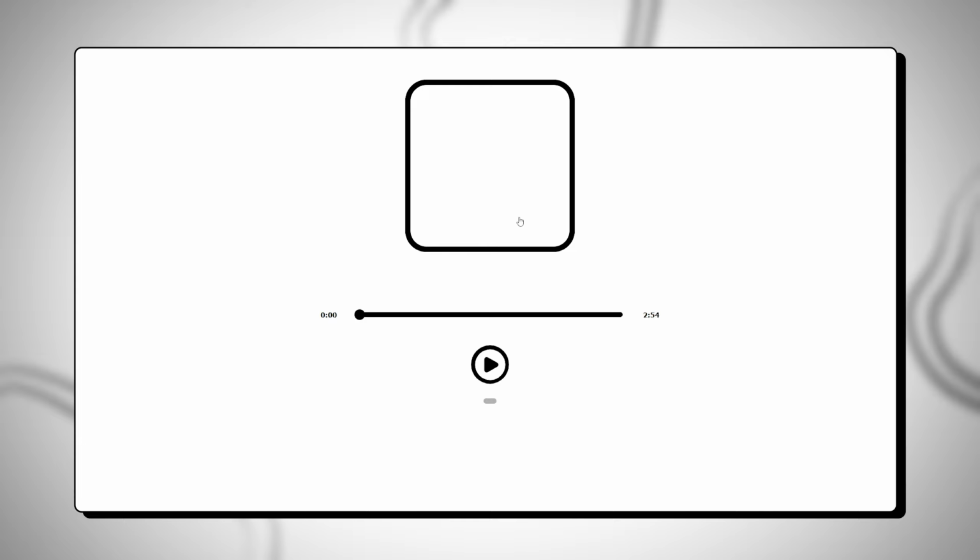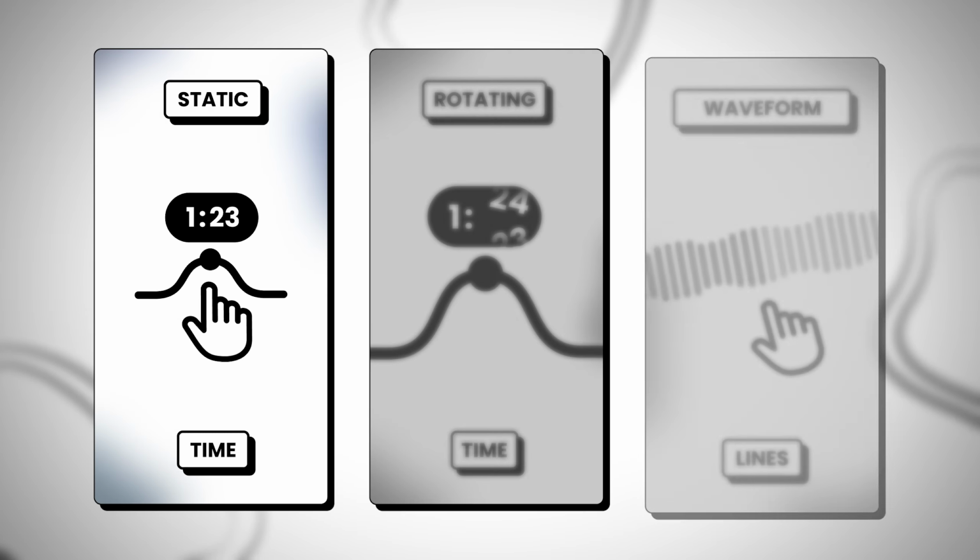In this first video, we will only create this static version, so we've still got our play pause button and our volume, but the text is static. In this second video, we will create a rotating timeline, and in the third video, we will be creating both